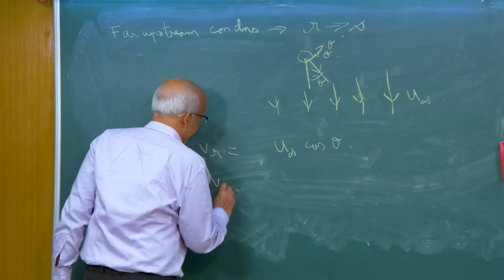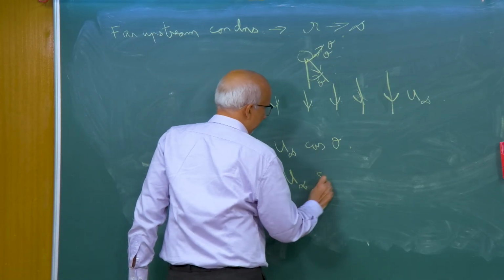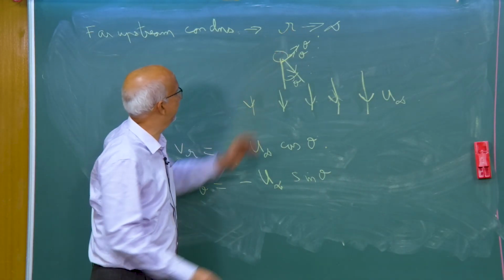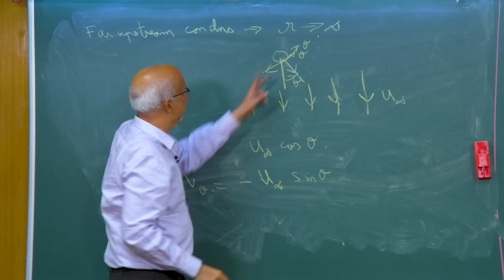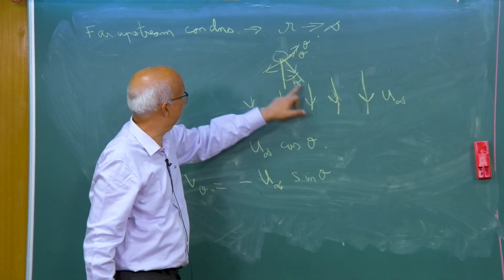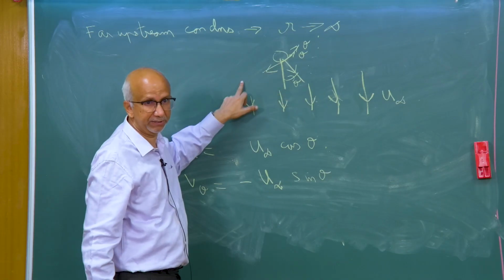And V theta, you can close your eyes and blindly write this, is minus u infinity sin theta, because theta is in that direction. I am resolving this velocity in these two directions, and this is the negative theta direction. This velocity has this component and this component, this is r direction, this is theta direction, this is negative theta direction, because theta is